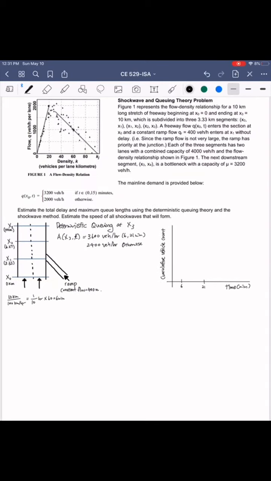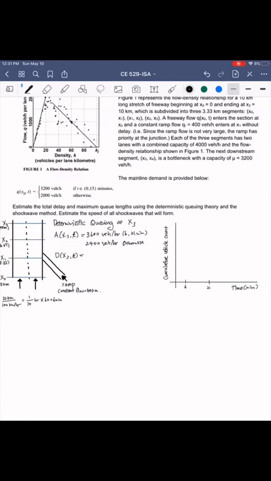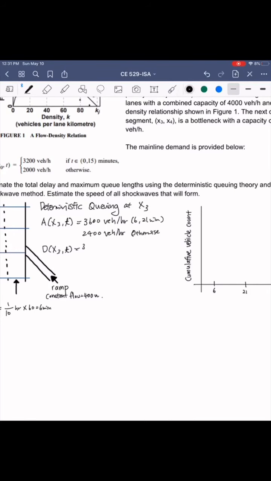And now let's calculate the departure rate. So departure rate will be x at x3t. So departure rate is equal to the bottleneck capacity of mu 3200, because only the capacity can get out of the bottleneck. So it will be 3200 vehicle per hour,